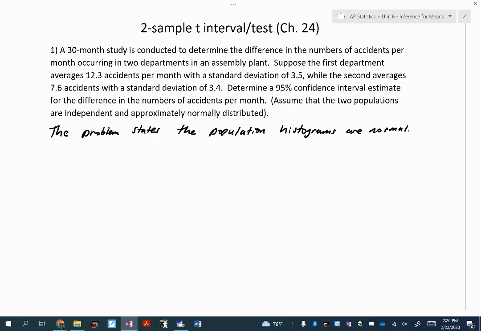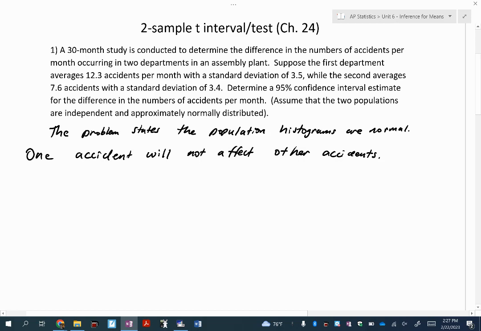All right, so there's two independent things you got to do when you're doing two groups. The first one we just have to say is one accident is not going to affect whether another accident happens or not. So I'm going to write that first. So one accident will not affect other accidents.